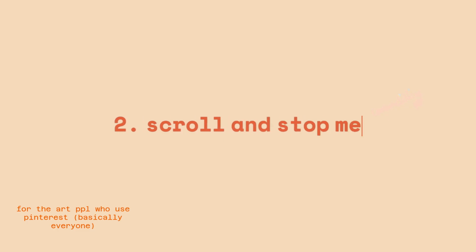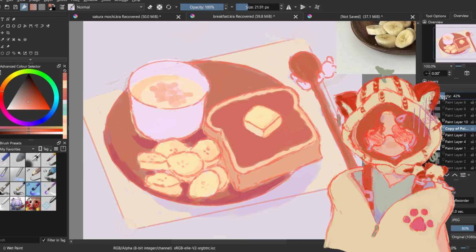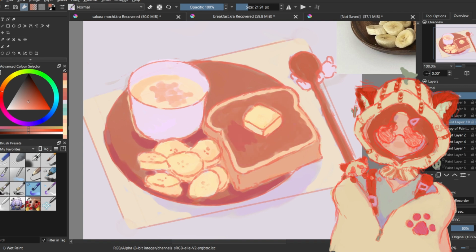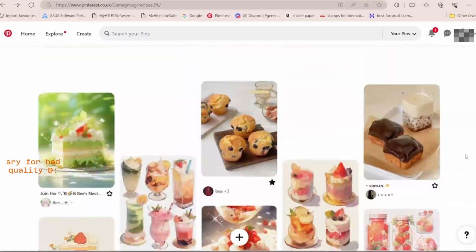Number 2 is when you have too many references, use the scroll and stop method. This is essentially when I have too many references in my Pinterest boards or in my gallery, so I use this method. Here's how it goes. You'll close your eyes, count down to 5 seconds, and you scroll.